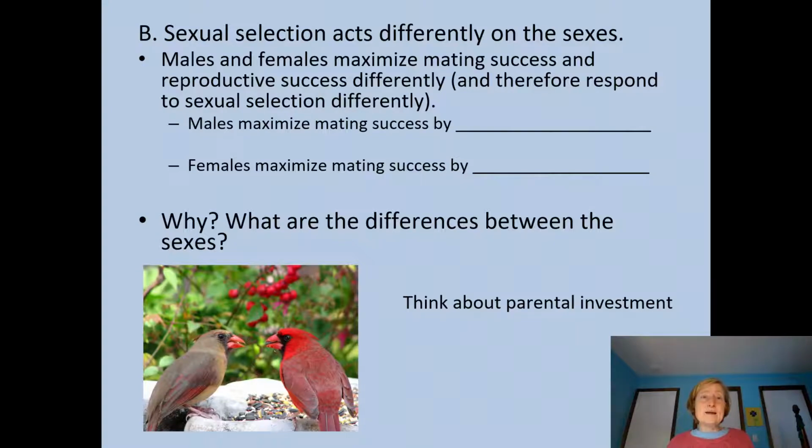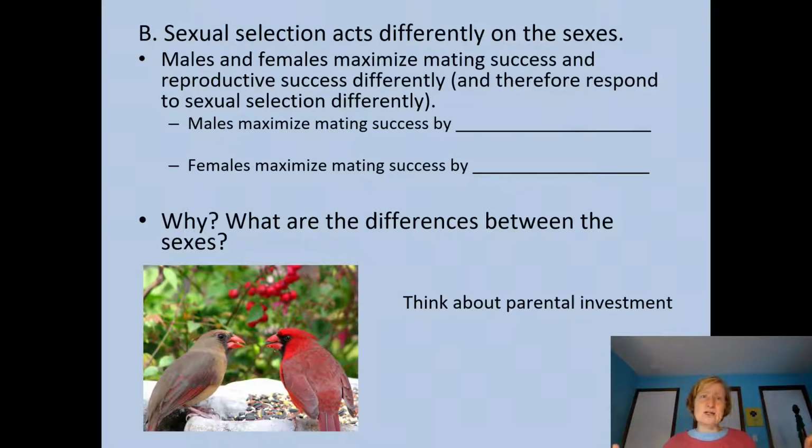What we find is that males maximize their mating success by obtaining more mates. Females maximize their mating success by obtaining better mates. Males that can contribute genetically better genes, or are better parents, for example. So we see what we see